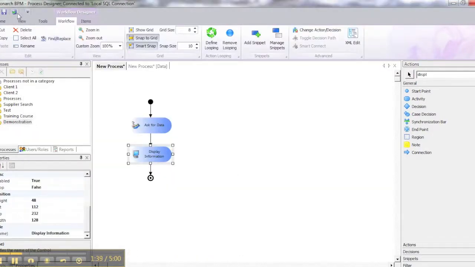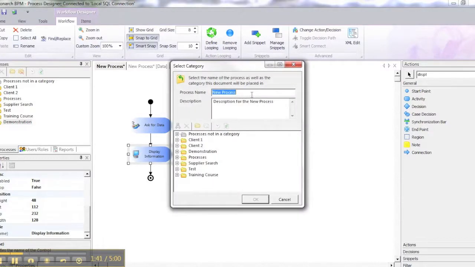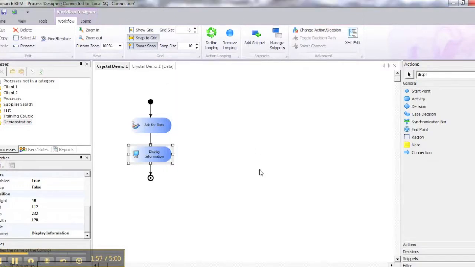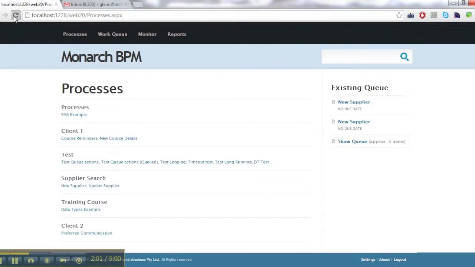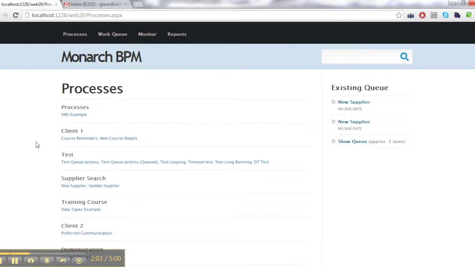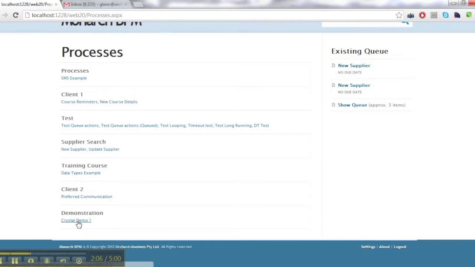Let's save that to the runtime engine system. Ask for data. Actually, let's call that Crystal Demo 1, and we'll put that in the demonstration folder. So there we've got our process, and if we bring our process portal across, we can go to the demonstration. You can see Crystal Demo here, so we'll run that